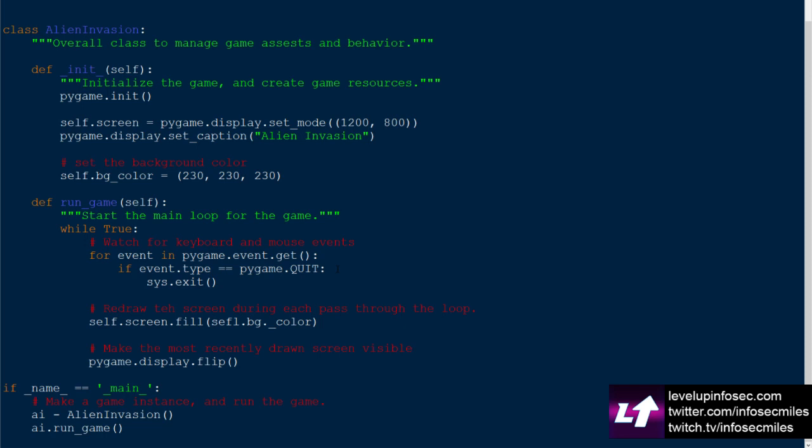Alright. Colors in Pygame are specified as RGB colors, a mix of red, green, and blue. Each color value can range from 0 to 255. Oh, kind of like IP addresses. Interesting. The color value 255, 0, 0 is red, 0, 255, 0 is green, and 0, 0, 255 is blue. So what they mean by that is